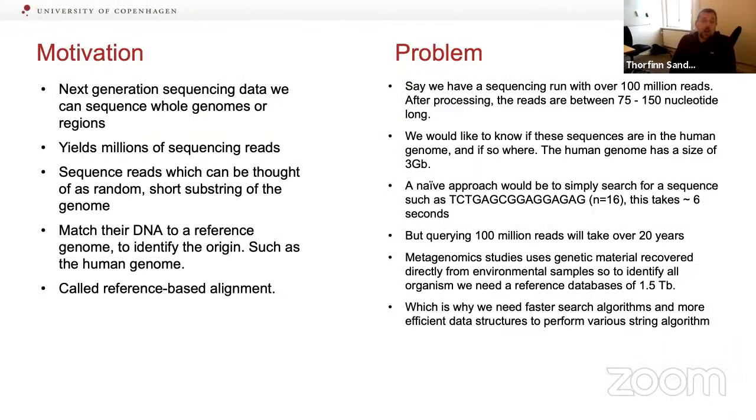So I'll start with the recap here. We are focused on high throughput sequencing data, also called next generation sequencing data. Not so much third generation sequencing data, but next generation sequencing data. Here we can obtain genomes for whole populations, for entire individuals, and it's something that has been used a lot in the last 10 years.